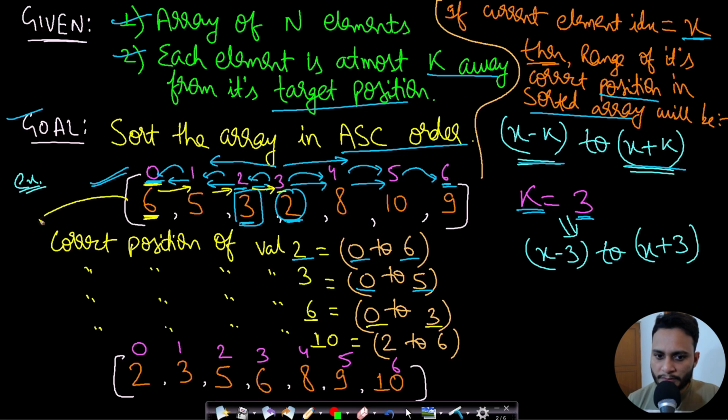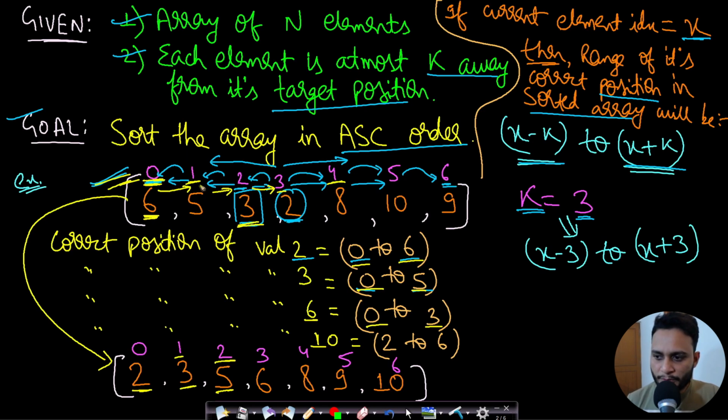So now if we sort this array in ascending order, then you will see that 2 will come first. So it is in the range of 0 to 6 index. Now 3 will come second. It is at index 1. But in the current array, it was at index 2, right? So this will also be coming in the range of 0 to 5. Okay, index 0 to 5. And if you look at this number 5, then it was at index 1. So its range was from 0 to 4 and it is lying at index 2, right? So all the elements are k sorted. It will not be outside the range of k jumps from the current position in the current array, right?